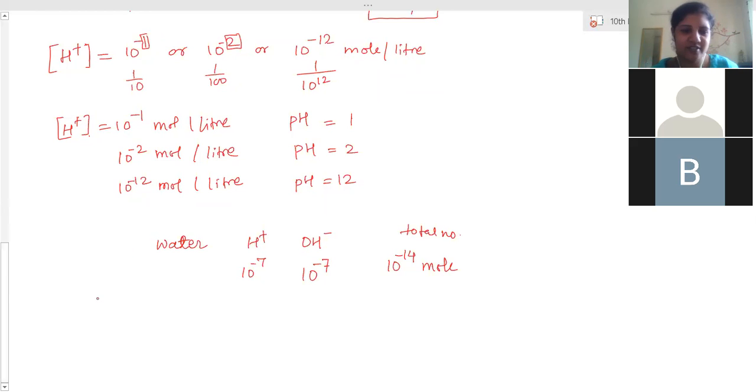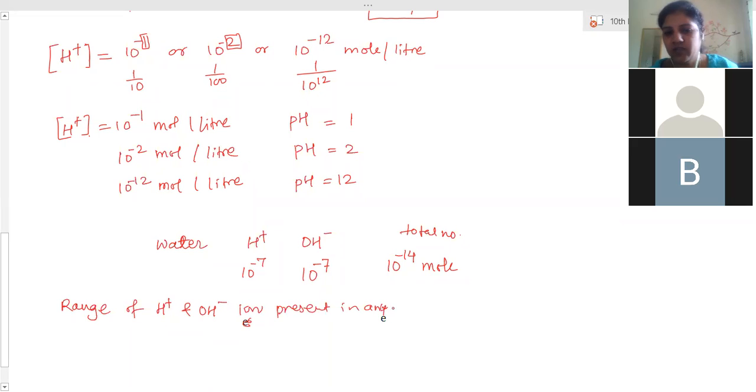Fine, leave it, that's what is confusing. 14 minus 7. So the range of H plus and OH minus ions present in any aqueous solution